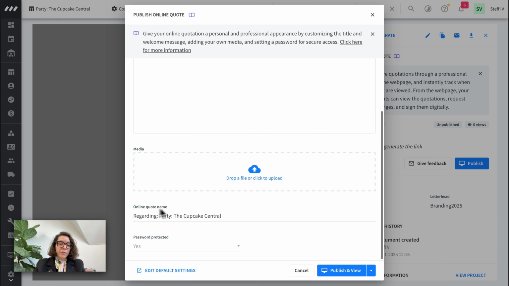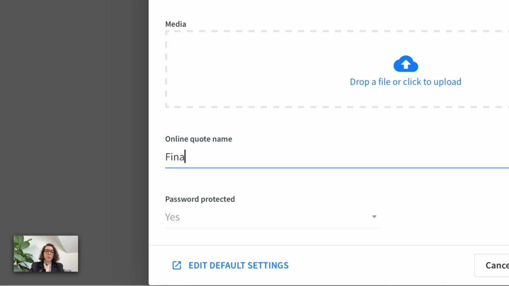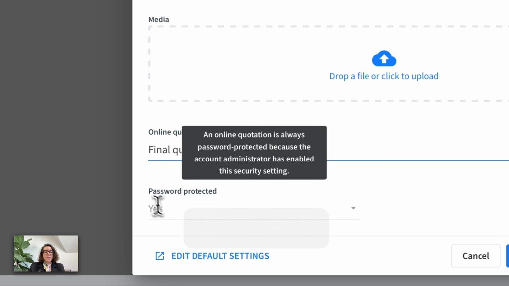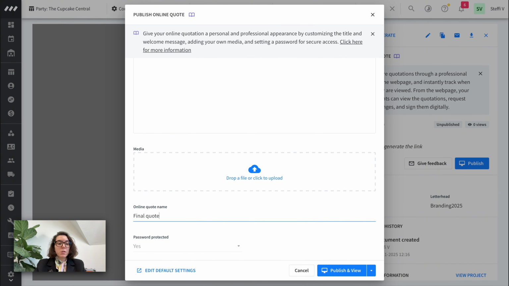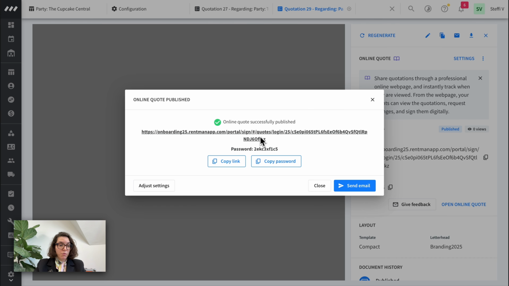And in here you have the quote name. Right now it's just regarding the name of the project, but we can say final quote as the name. Also, you see here that this is a password protected quote. In your account, you can enforce or completely not have the password in here. It's up to you how you decide to do it. So now if we publish and view, you are going to see that a link has been generated that contains